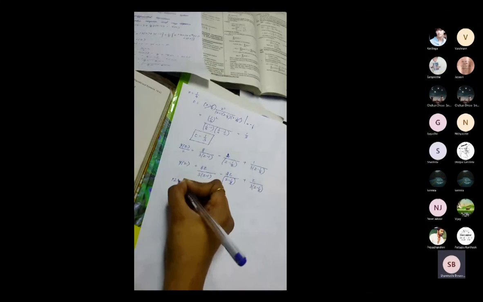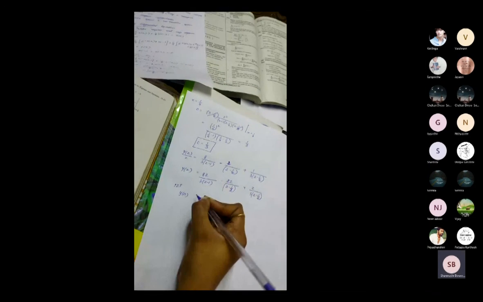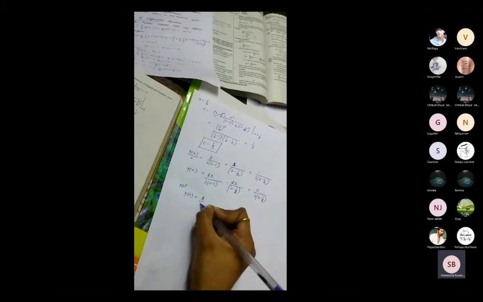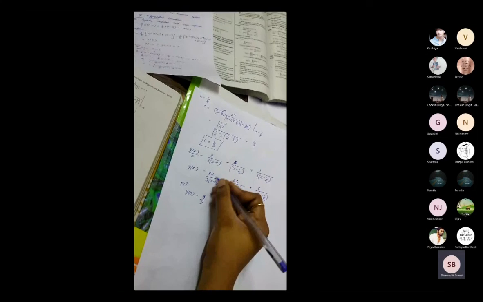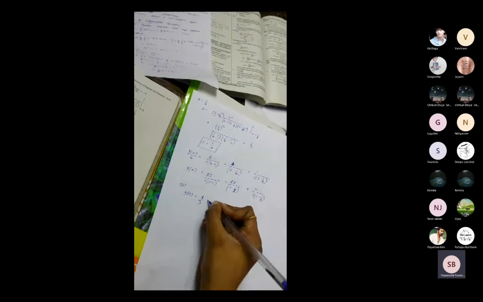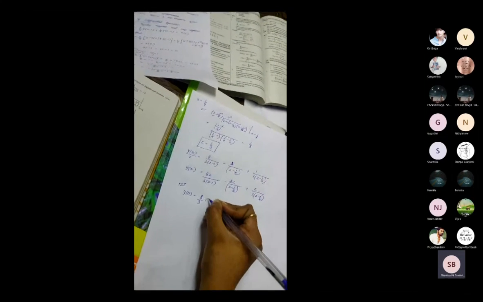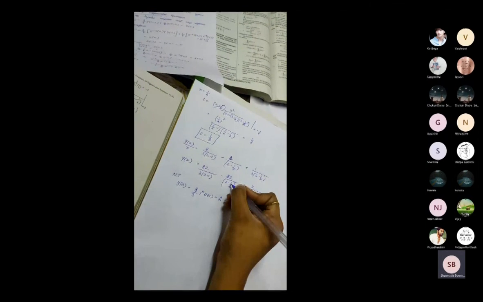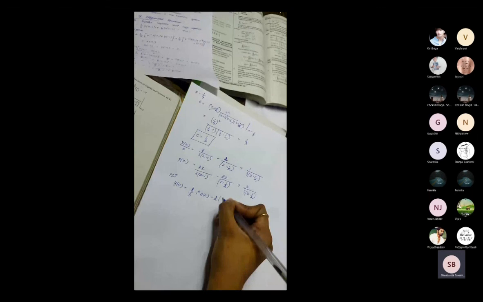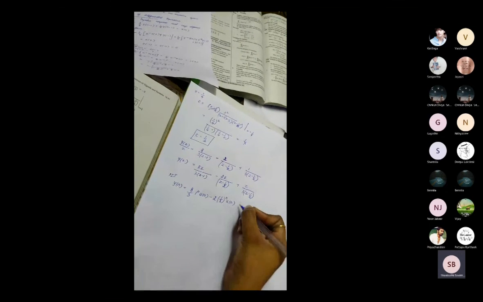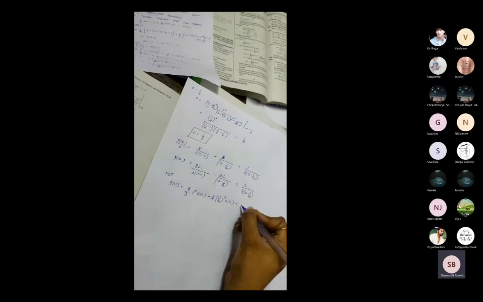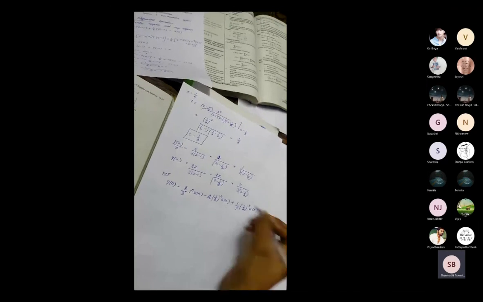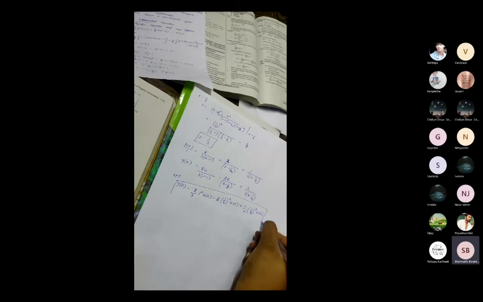Next, you should take the inverse z transform. If you take the inverse z transform, y of z will become y of n. Then write the constant term as it is: 8 divided by 3. Here you have z divided by z minus 1, so the inverse transform will become 1 power n into u of n. Here you have minus 2 into z divided by z minus 1 by 2, so it will become minus 2 into 1 by 2 whole power n into u of n, plus 1 divided by 3 into 1 by 4 whole power n into u of n. This is your step response.